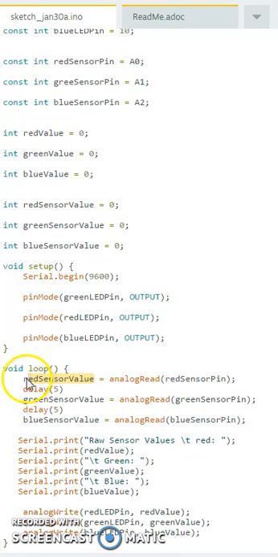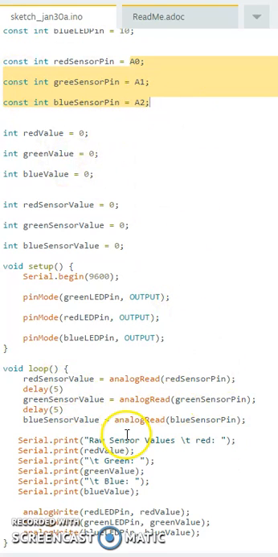This becomes the output based on that, because this is just an integer, and it reads what is coming in from the constant integer we set before. Then it delays, and then it does the next one, which is for the green, and so on for the blue. So this is checking the photoresistors which are connected to these ports here,